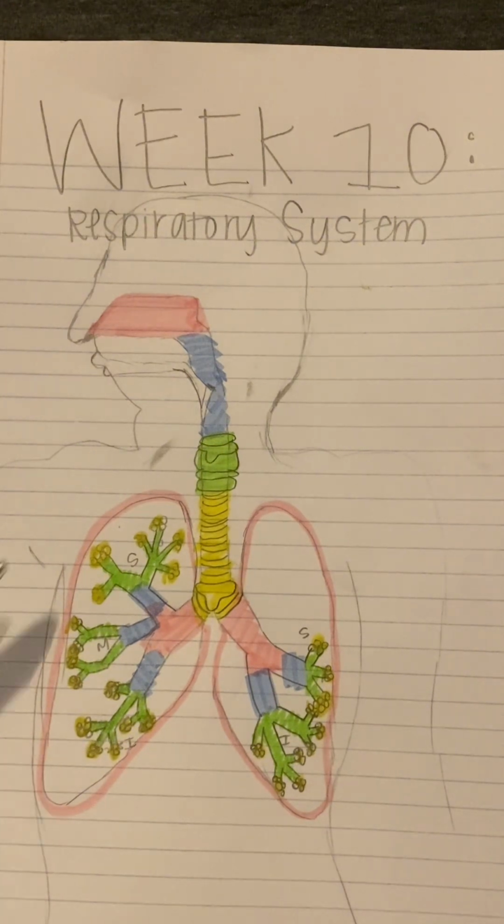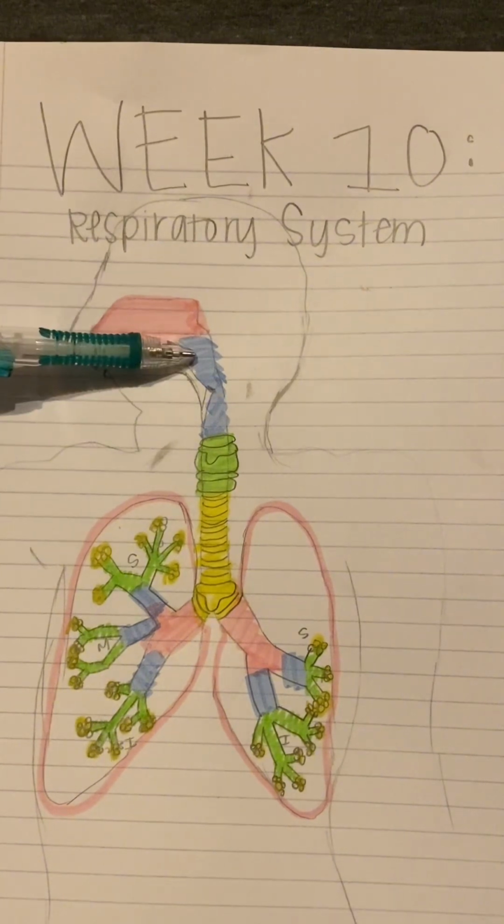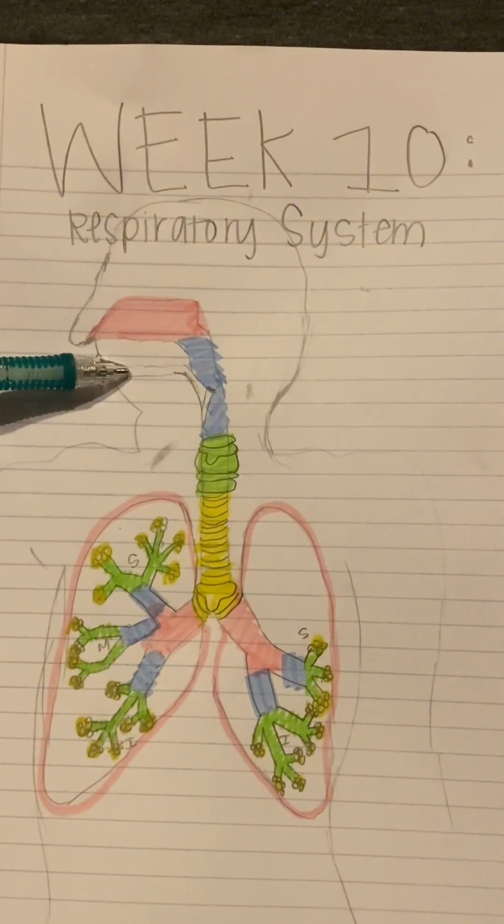Moving on then to the blue highlighted portion, this is the pharynx. The pharynx is responsible for carrying air from the nasal cavity to the larynx. It also contains tonsils, which provide protection, and there are 3 parts of the pharynx. You have the nasopharynx, which is the top part here, and that's a passageway for air. As you can see, it's not really meeting with the